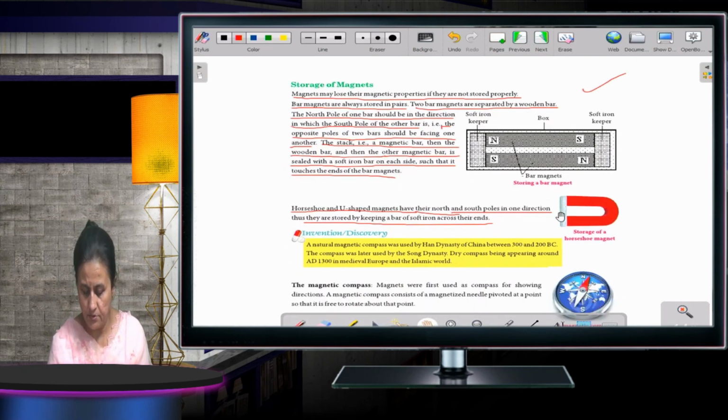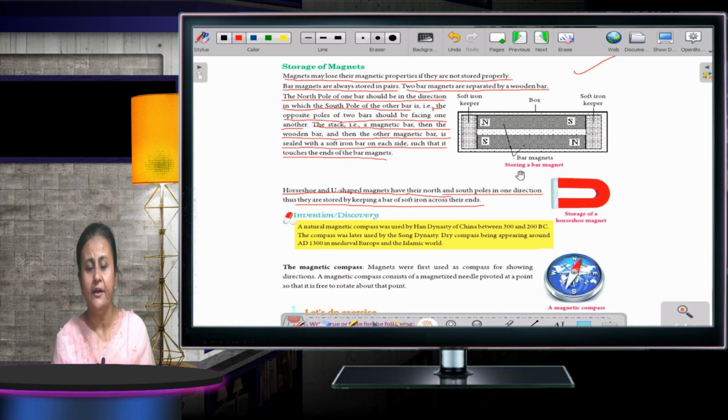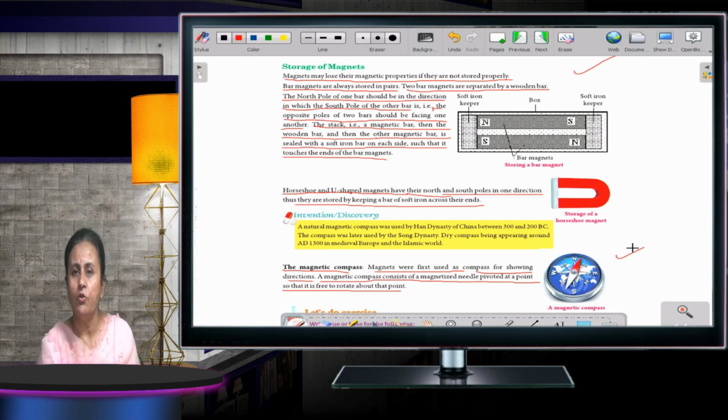Now, what is a magnetic compass? See, magnets were first used as compasses for showing directions. A magnetic compass consists of a magnetized needle pivoted at a point so that it is free to rotate about that point. You can see how the magnetic compass is made. So, children, with this I finish the chapter. I hope you have